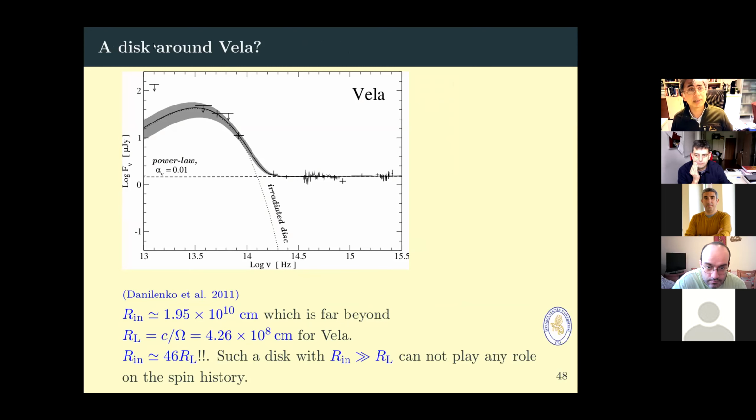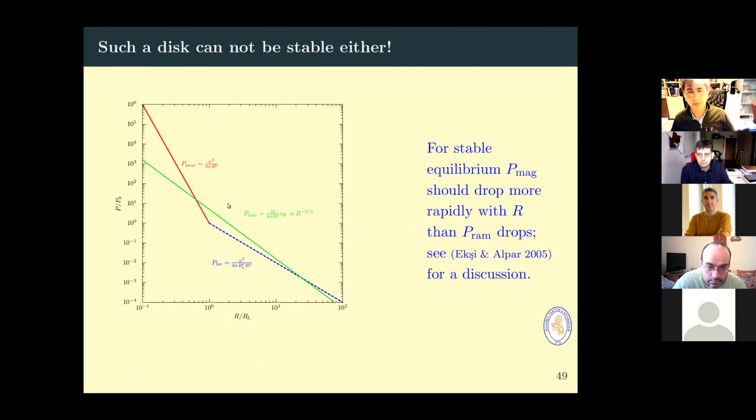And more recently, there was this infrared observation of the Vela pulsar, and Danilenko et al. suggested whether there could be any fallback disk around this object. Their disk was beyond the light cylinder of the pulsar. The inner radius was way beyond the light cylinder, so it cannot play any role in the spin history of the Vela pulsar. But using these data as well, not on the F nu plane, but the nu F nu plane,